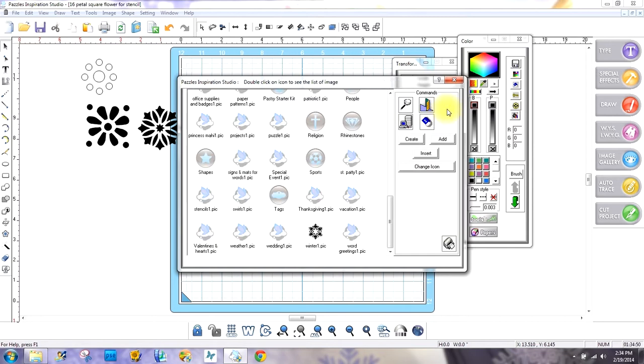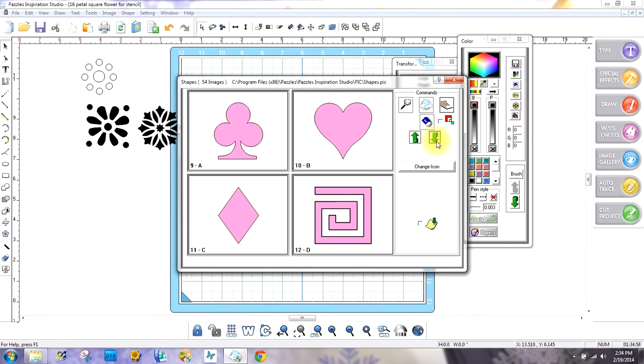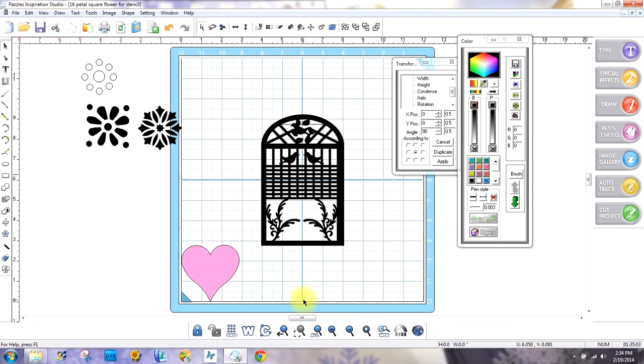Let's see, I must have them under shapes. Okay. Let me try there. Here's a heart, that'll work. Yeah, shrink it up a little bit and play with it. Now I think I would like this sitting on top of it, not necessarily being a part of it, but